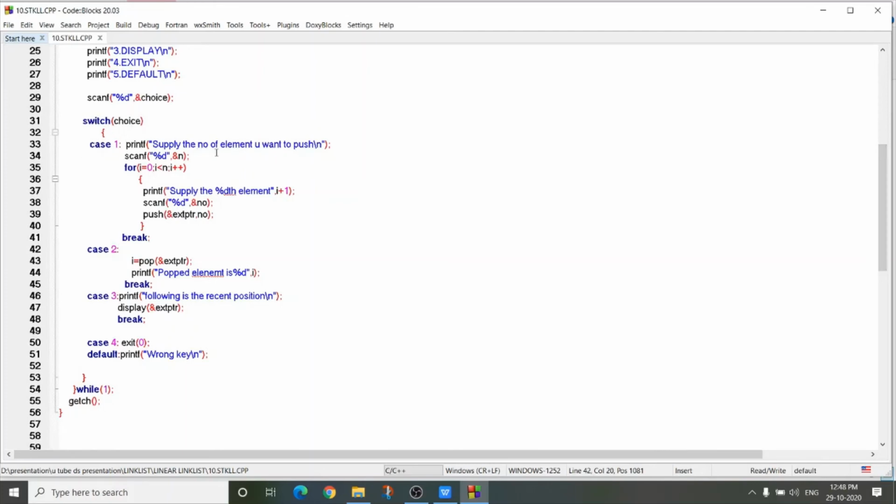Case 1 is push function. So first I have to take how many number of elements user wants to push. Say it is n. Then I start one for loop for i equals to 0, i less than n, i plus plus. Repeatedly take the info part of each node and call the function push by passing the address of extptr and info of each node. Case 2 is pop. So call the function pop by passing the address of extptr, and this function returns the popped node or the deleted node info part